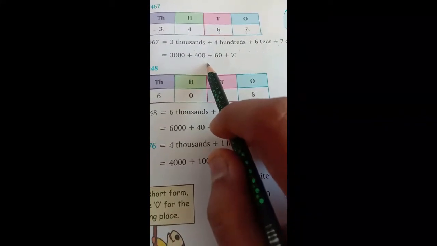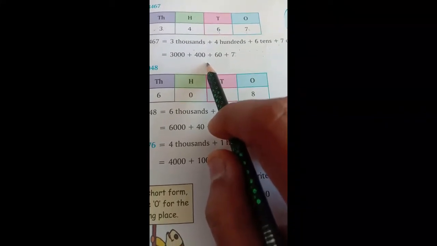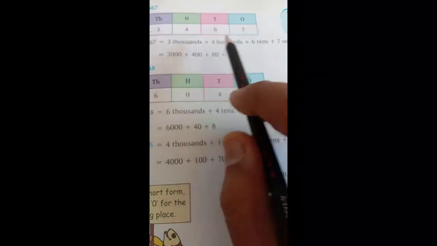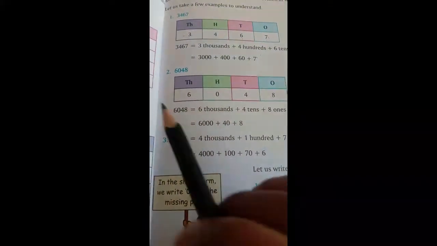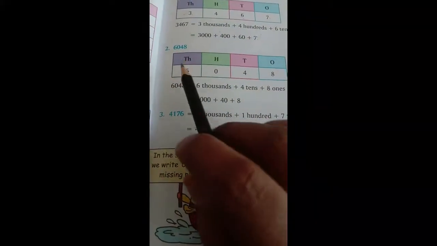Whichever method I ask you, on that method you write your answer. If I ask you in words, you should write like this. If I ask you in digits, you should write like this. Okay? Now the second number,